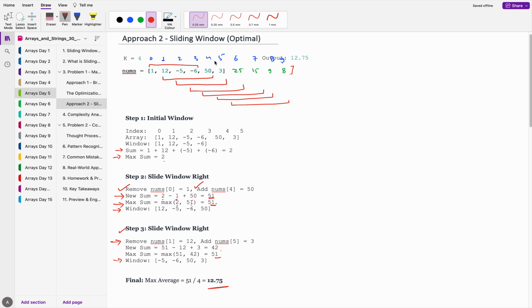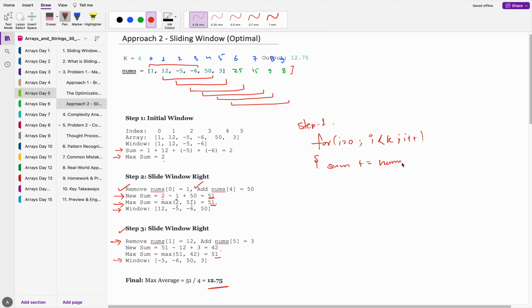Now how to do this? So just look at the image. First iteration you are completely calculating the whole window. So step 1, क्या हो जाएगा? for i equals to 0, i less than k, i plus plus, ठीक है। sum plus equals to nums i कर दिया, ठीक। Array कर दिया, nums कर दिया, कुछ भी नाम दे दो आप, इसको nums दे दो यहाँ पे, ठीक है। This will give you what? This will give you sum is equals to 2, ठीक।